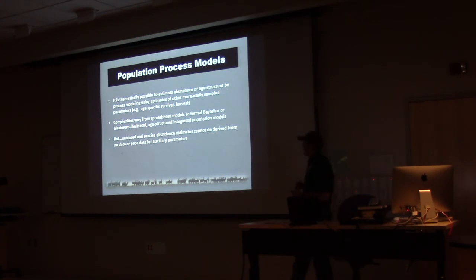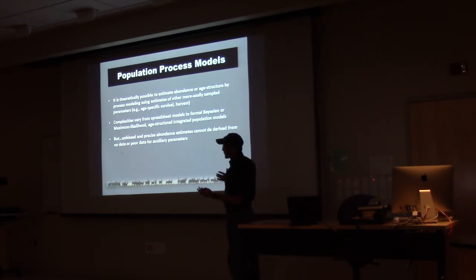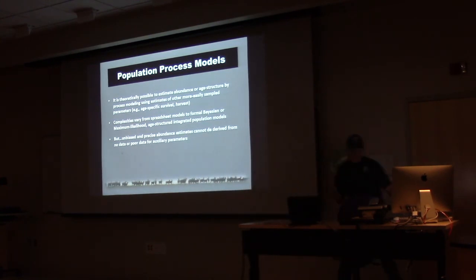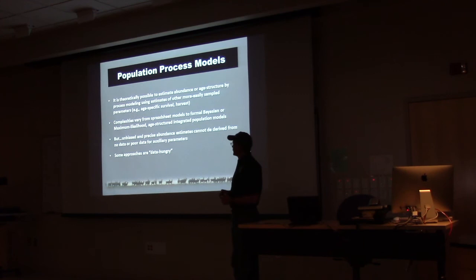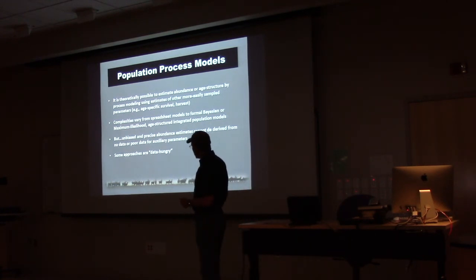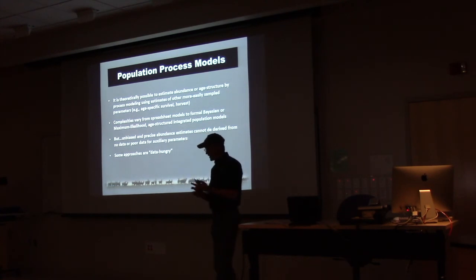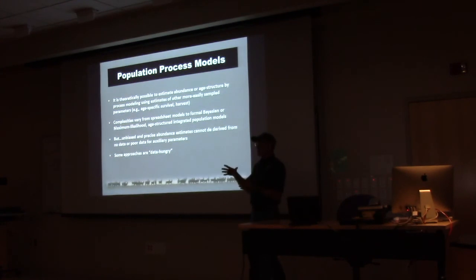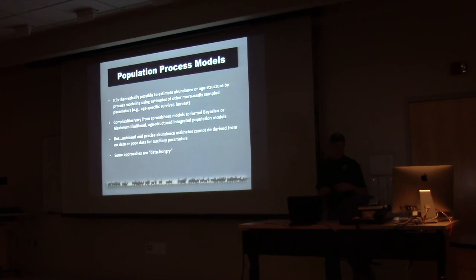But unbiased and precise estimates of abundance, it'd be nice if it was magic, but it's not. You really can't derive good estimates from no data or crappy data, right? You can try, but good luck. Some of these approaches are really data hungry. You have to have some piece of it that you know with reasonable confidence. But again, some of these are really data hungry. You need individual ages. You need good survival estimates. It's better if you actually have even some estimate of abundance for a subset of your population. Those can be used, but